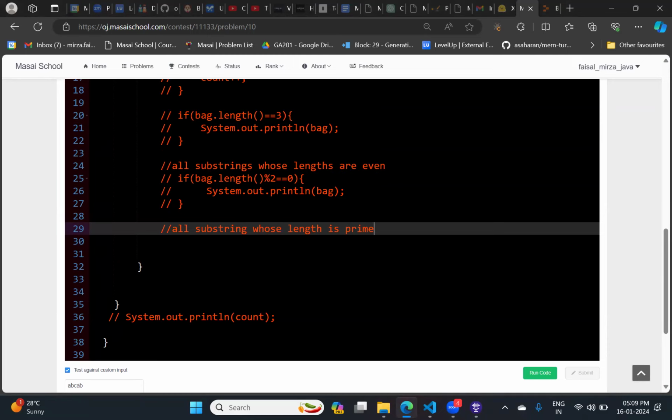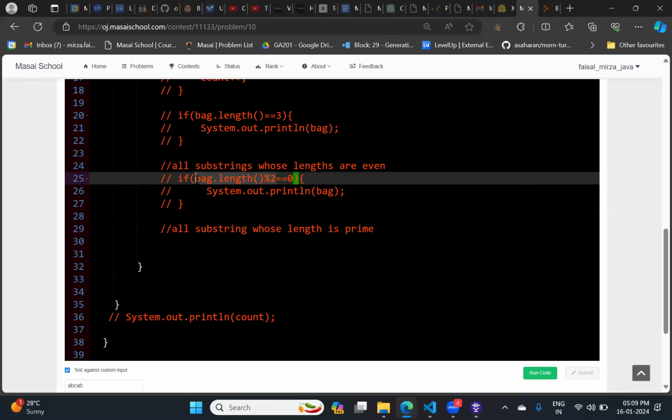This is the first condition, and then count the number divided by 2 again. Same logic you are going to apply for the prime number. Suppose the length of the substring is 3.